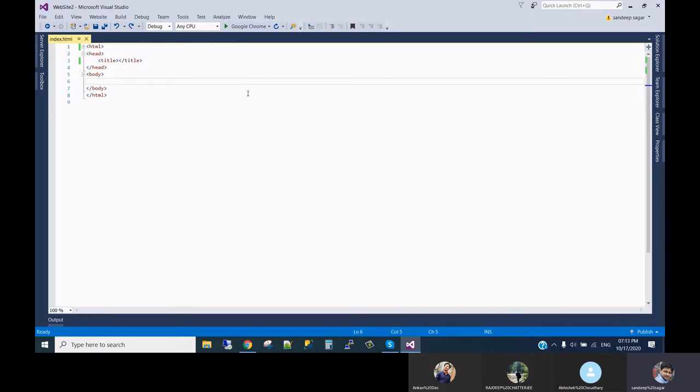The basic requirement here is any editor or application where HTML code can be written, and any browser. It can be Internet Explorer, Google Chrome, Mozilla, anything which supports HTML. All of the browsers support HTML, HTML5, and older versions also. Maybe some browsers do not support JavaScript or jQuery, so in that case we need upgraded versions of browsers. That's a different part, but today we will be going with the basic HTML.